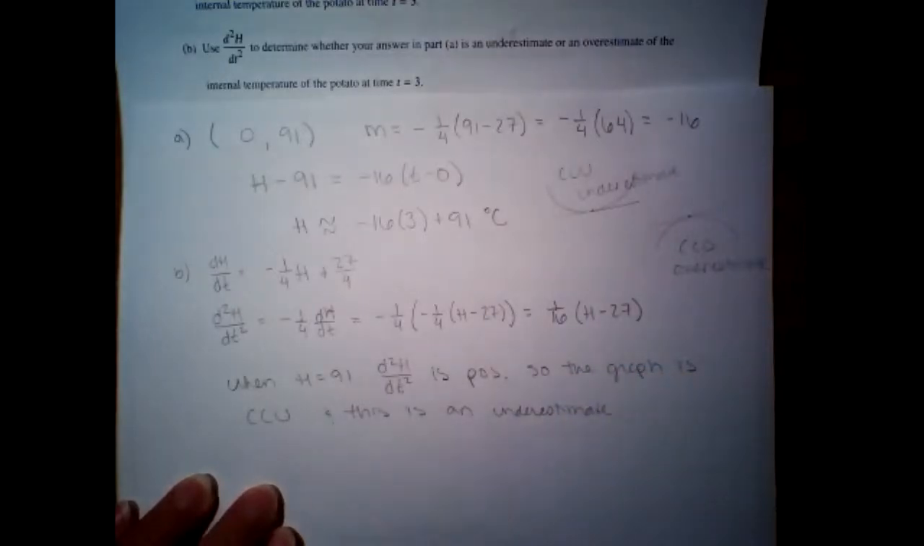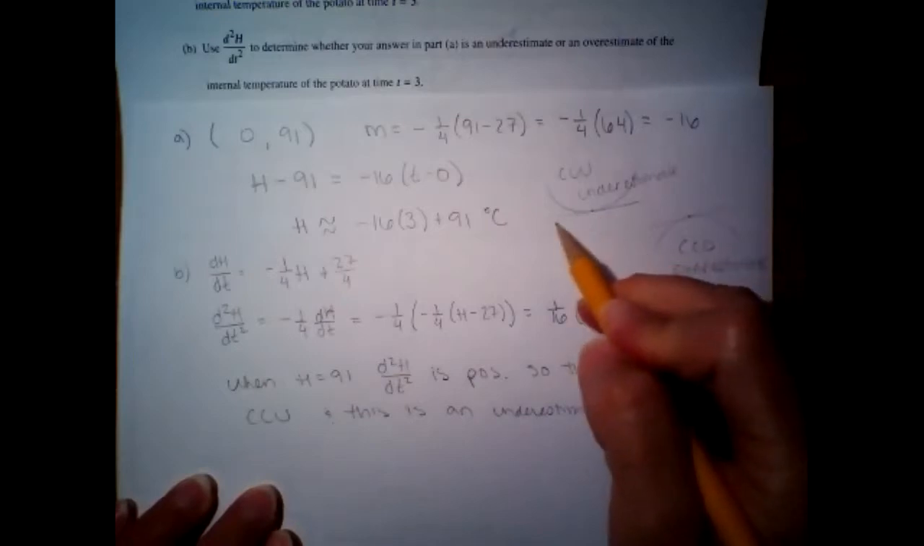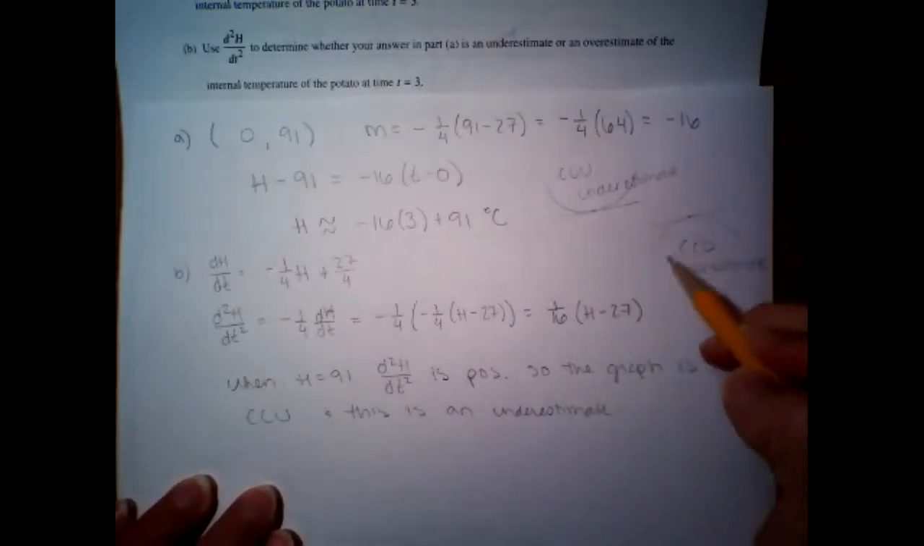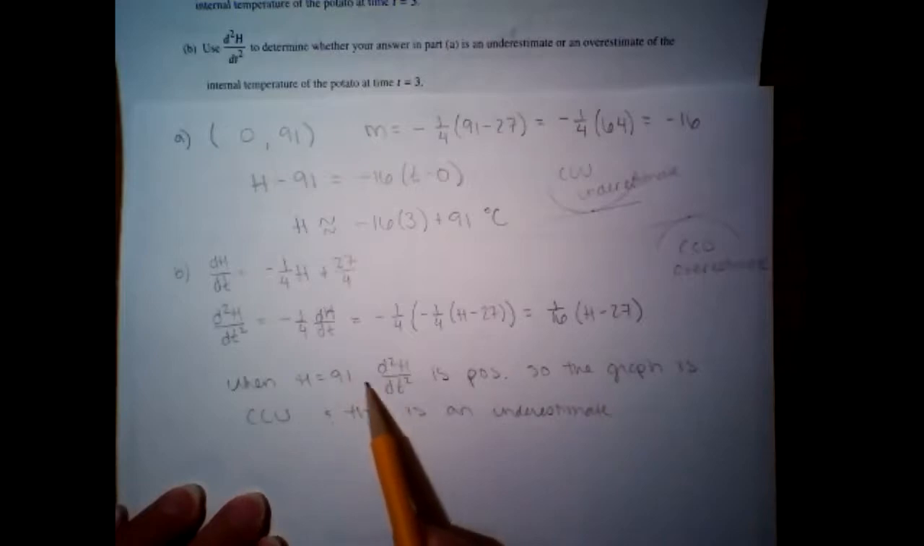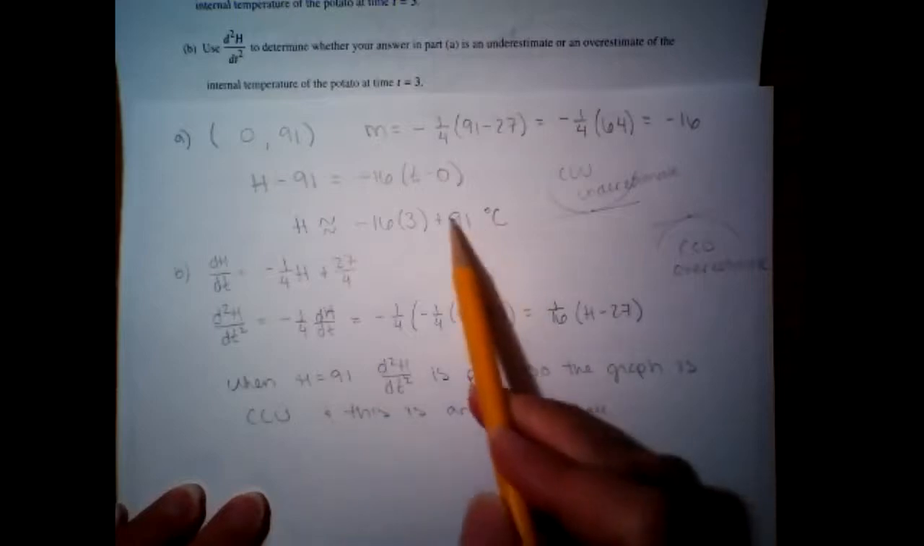All right, so again, concave up, your tangent line is going to be below the graph. That would be an underestimate. Concave down, tangent line is going to be above it. That would be an overestimate. So we found the second derivative, and we plugged in 91. When the heat is 91, second derivative is positive, so the graph is concave up, and this right here is